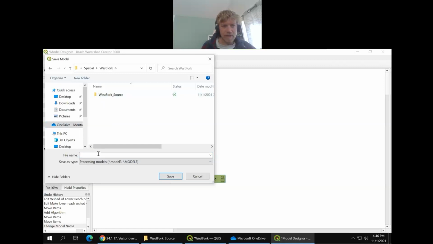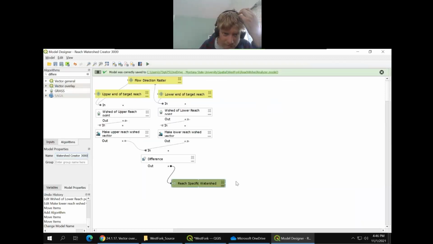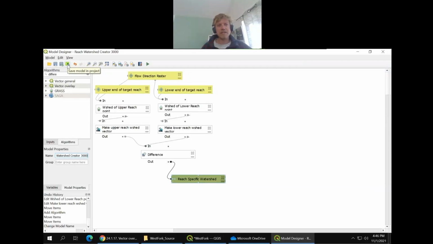Oh, good. We'll put it in there. The name we put here in model properties is the name it appears under, and the name here is the actual file name. It's sort of confusing that those are different, but they are. So, reach watershed analyzer. Good enough. Okay, model was saved, and then I'm going to click this green button too, which says Save